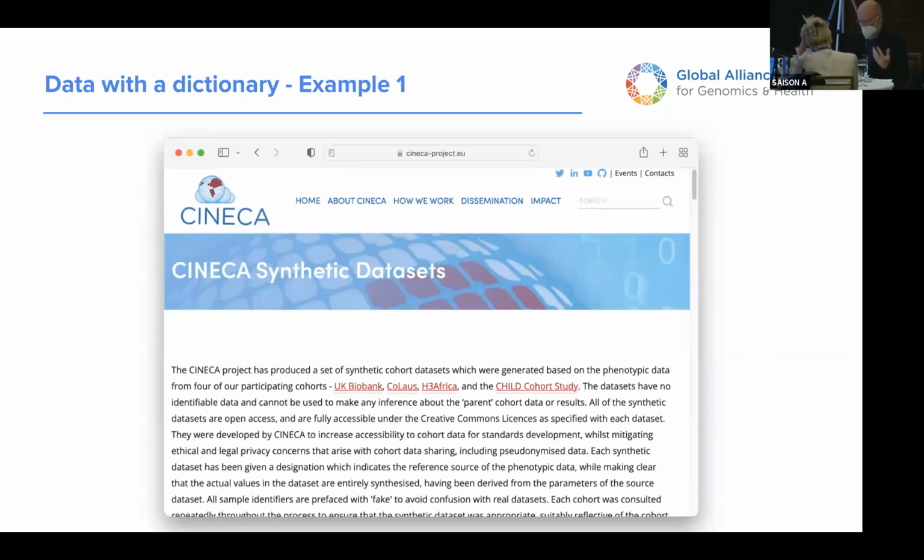So the first example we're going to look at comes from the Seneca data sets. And these are a set of synthetic data sets, four data sets